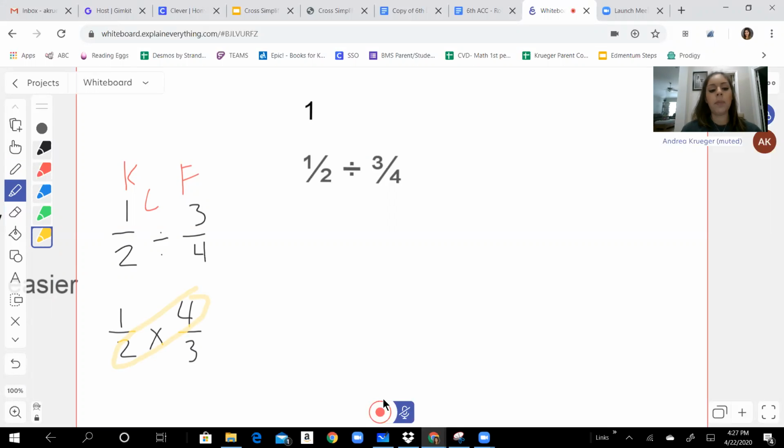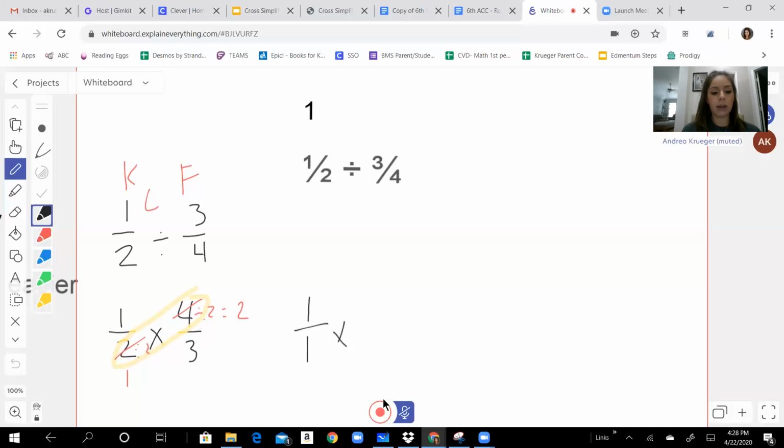So 2 and 4, do they share a common factor? Yes, they do. They both share the common factor of 2. So I'm going to ask myself, if I divide 4 by 2, what number do I get? My new number would be 2. If I divide 2 by 2, what number do I get? I get 1. So when you cross simplify, you get rid of the original number and you replace it with a simplified number. So my new problem would be 1/1 times